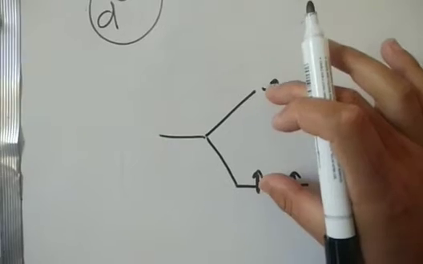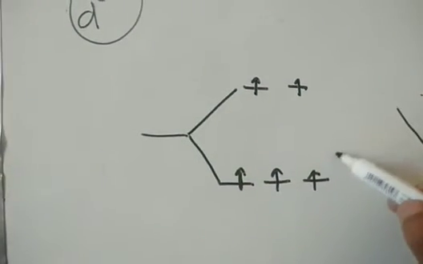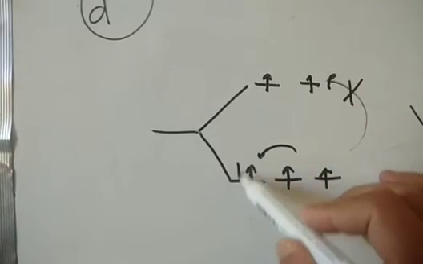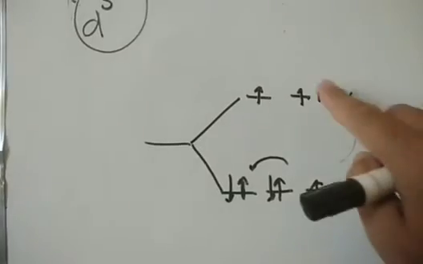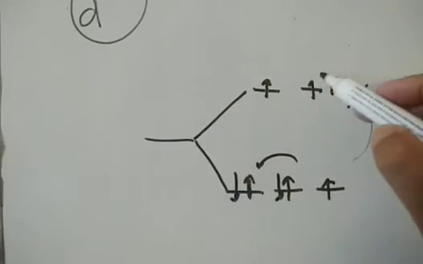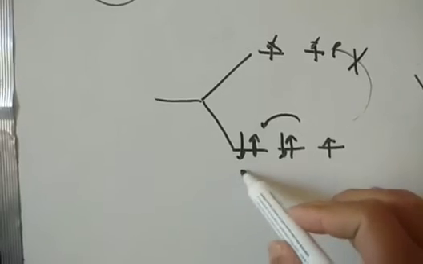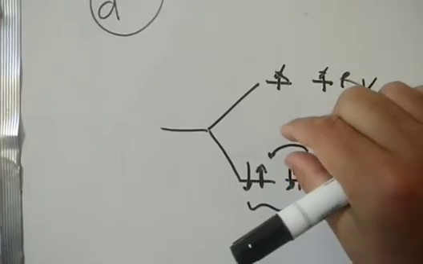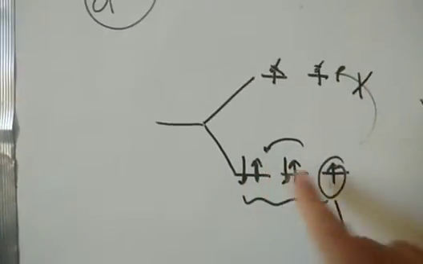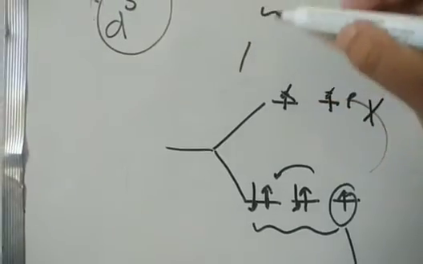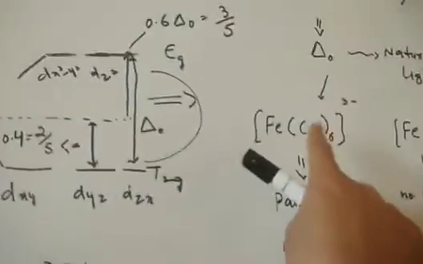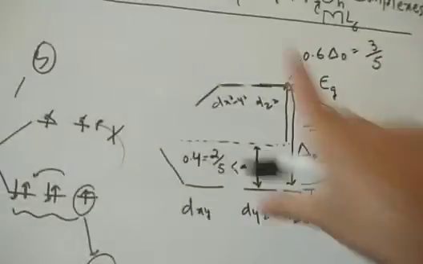But if this splitting gap is very large, it is very difficult to place the electrons here. So they will not follow this path; rather they will follow this path, that you will fill these two. The result is that you have no electron here, and no electron here. That means now we have only one unpaired electron. If the gap is very small, you can fill the electrons here, so you have 5 unpaired electrons in that case. In this case, it is 1 unpaired. So it depends on the gap, the same as the pairing of electrons when we have CN, because it creates larger splitting. So in a nutshell,